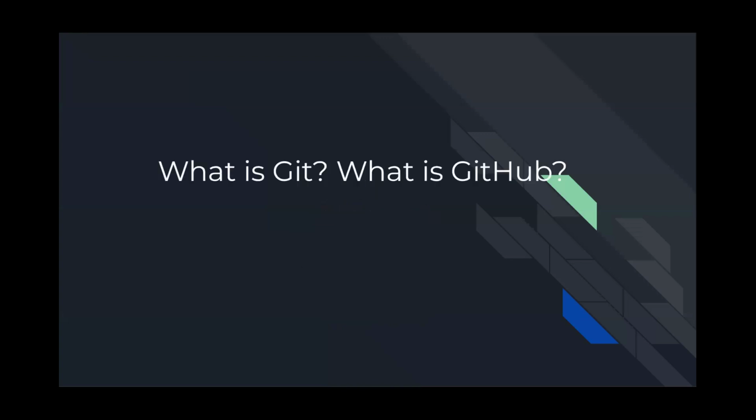What is Git and what is GitHub? A lot of people probably do hear about GitHub and a little bit less about Git. Git is the actual software that is a version control system. This is what's going to be actually saving all of your changes. This is your local, what is called a repository. And a way to think about a repository is just a folder. That repository is going to have changes over time, and those are going to be commits. These are going to be a history of all your changes.